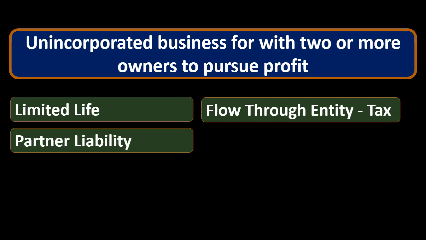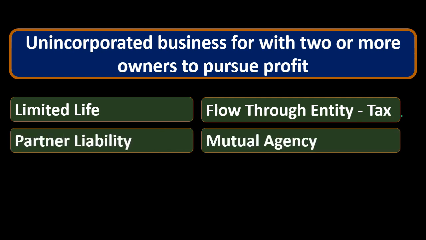So then we have a flow-through entity in terms of taxes. And this could be a pro or a con as well. Flow-through entity, it's often a pro, in that the money is going to go through the partnership return and go to the individual partner. So in essence, the partners will report their share of profits on their Form 1040 rather than a separate return having to then report and pay taxes at the partnership level. This too differs from a corporation, which will have to report profit on the corporate level, and that could result in double taxation. So this is actually often a benefit of the partnership, to have a flow-through entity. It could be a benefit, especially to smaller partnerships.